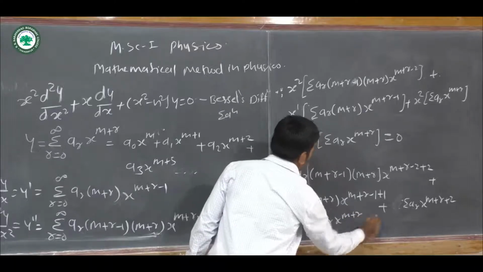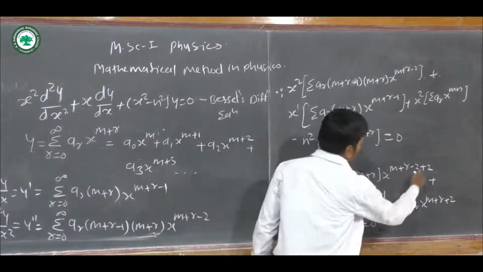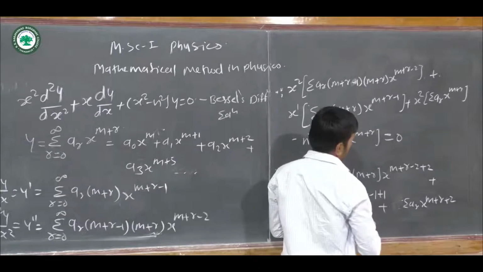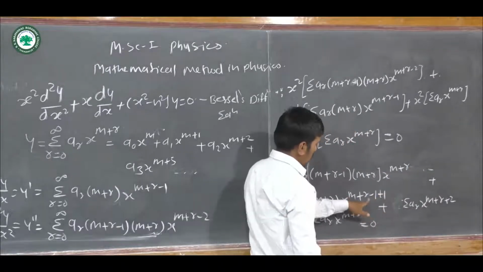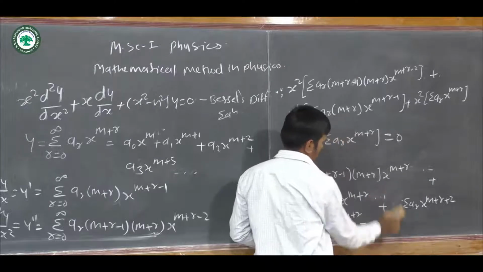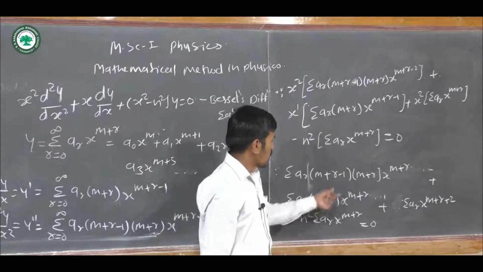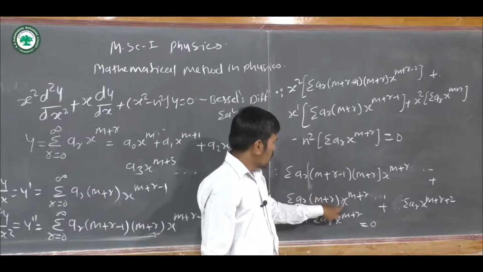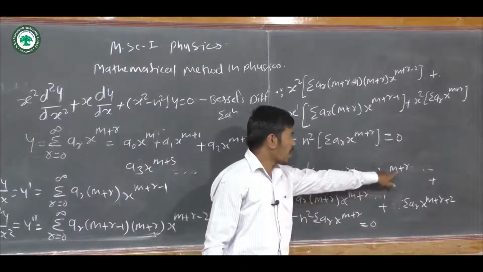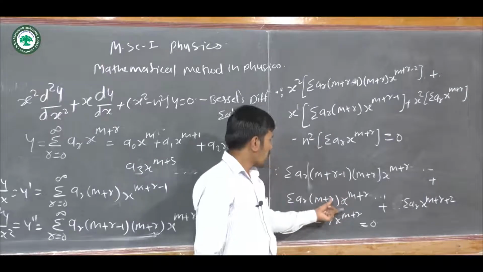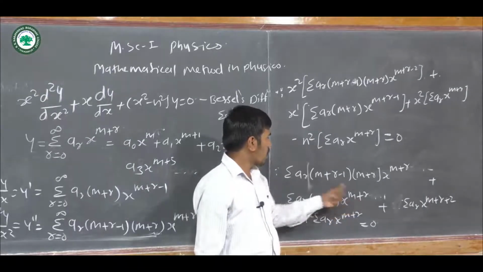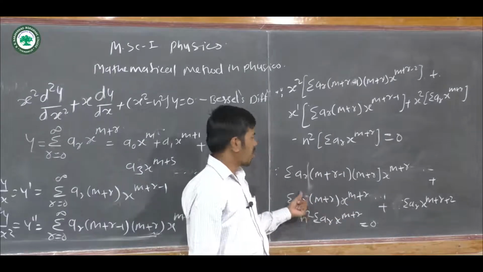is equal to 0. Okay, so these things we can cancel, minus 2 plus 2, and this is m plus r, and here also m plus r, and this also m plus r. So three terms, that is power of the x, x^(m+r), x^(m+r), and x^(m+r). So you can take out the common, that is x^(m+r), and the summations a_r coefficients.